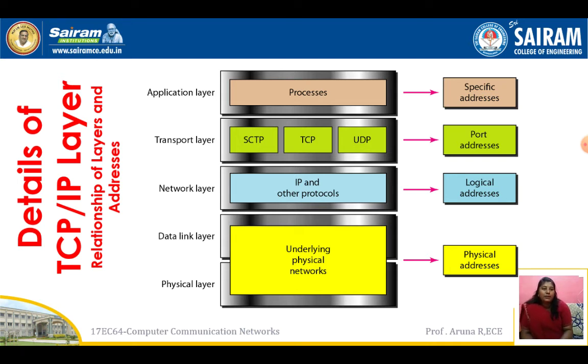The port address is which mail service I will actually be using. Which port, which process am I going to use to send this information, whether Gmail, Yahoo Mail or Rediff Mail? What is the port number of this process? Then, which IP address do I have to send to? Which network do I have to reach with my information? Every network has its own network address. Inside this network, which is the system where my receiver is going to log in? These are the steps of information known as specific, port, logical and physical address.